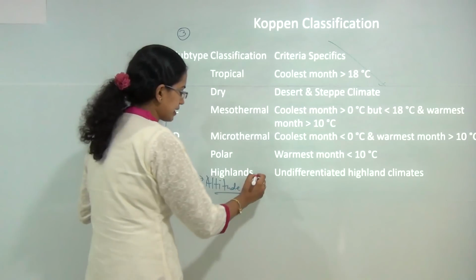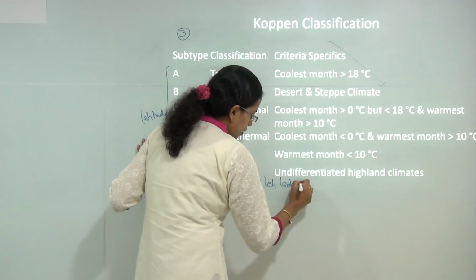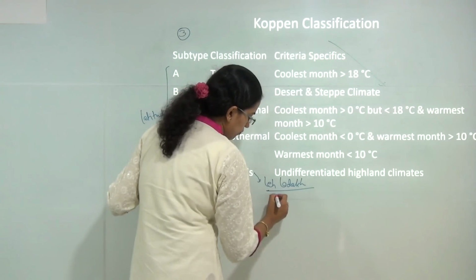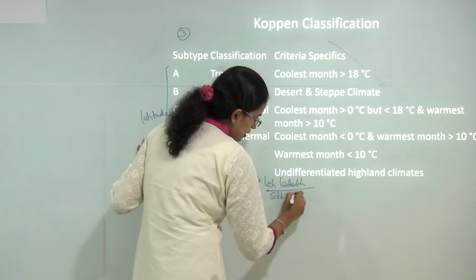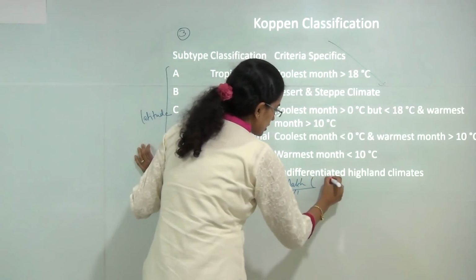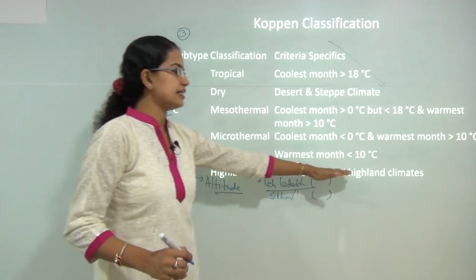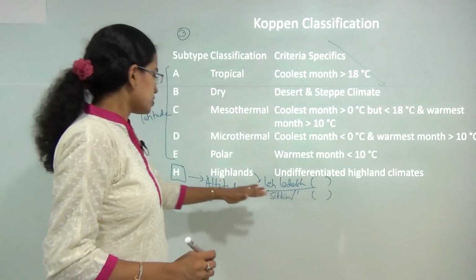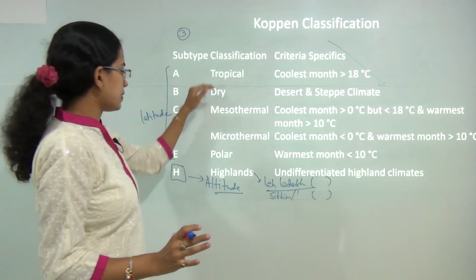The best example I can give is Leh Ladakh, which is a cold desert. On the other hand, you would have regions of Sikkim and northeast India with areas of heavy rainfall. So there can be contrasting climates on highlands, and different highlands behave in different manner. Therefore he categorized highlands as undifferentiated highlands and the remaining 5 categories.